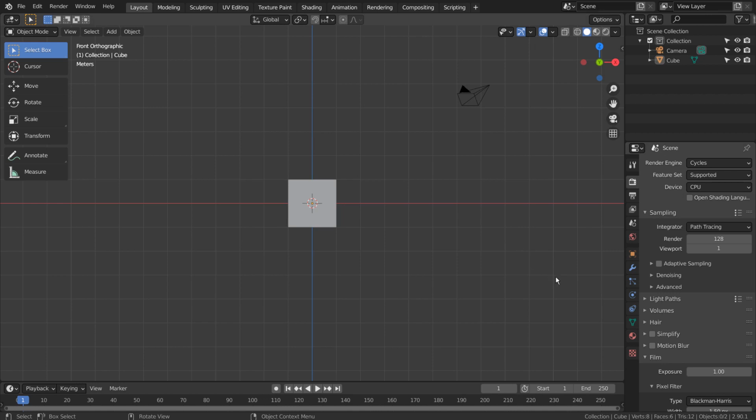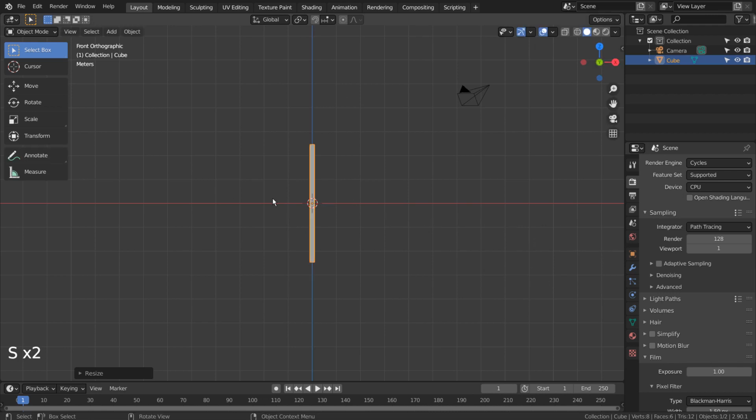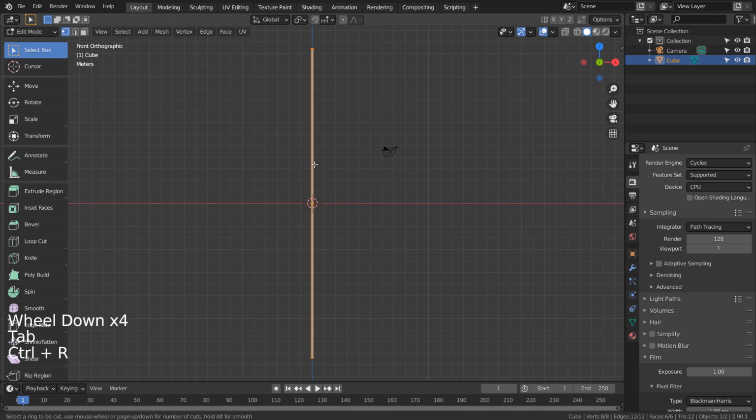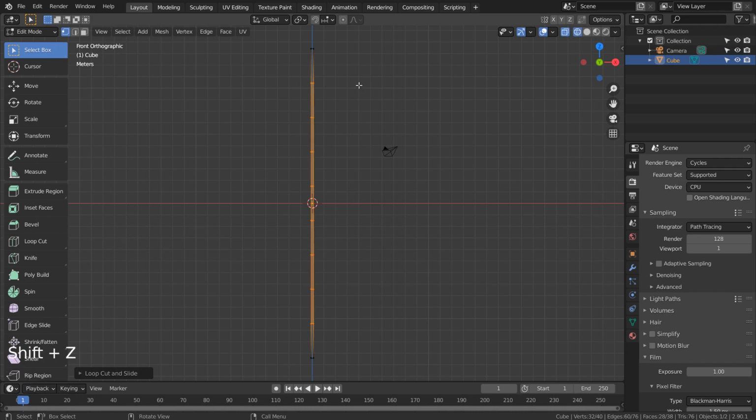In this tutorial, I'll show you how to model and render an abstract art with Blender and Krita. S to scale. S and Z to scale in the Z-axis. In edit mode, Ctrl R to place a loop cut, and the mouse wheel up to add more loop cuts.